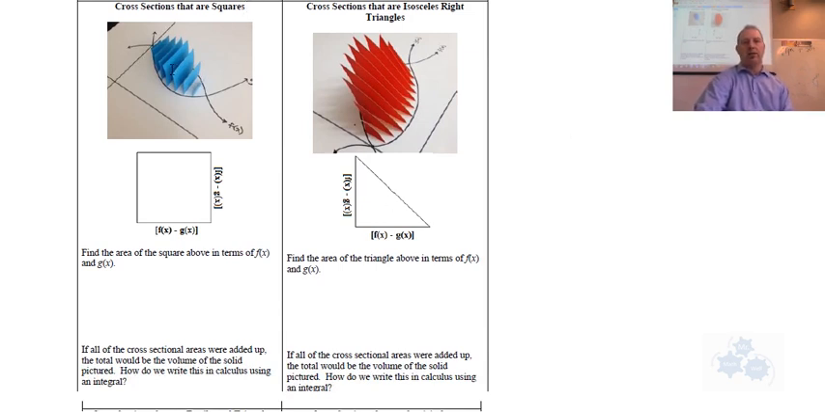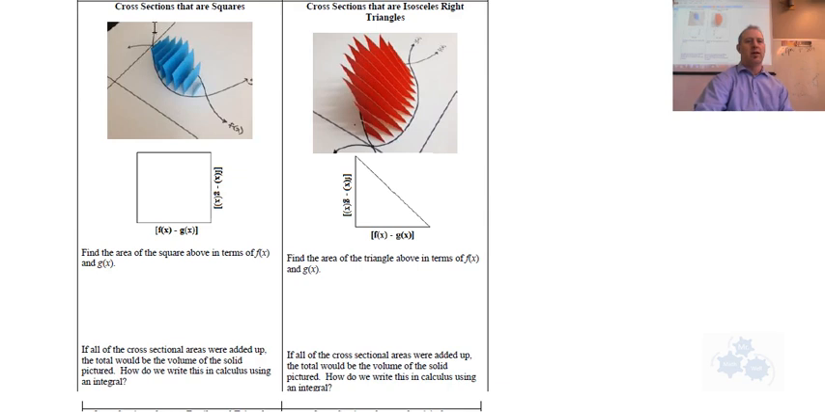So cross sections that are squares. If you can see that, this is sort of what we were doing with the pyramid, right? Except the pyramid was not shaped like this. It wasn't the containment of two separate functions. Well, if you think about that y equals x function we had there, that's similar to a y equals x function and a y equals negative x function. Could we do something there? So this is explaining how we can find the volumes of something like this with square